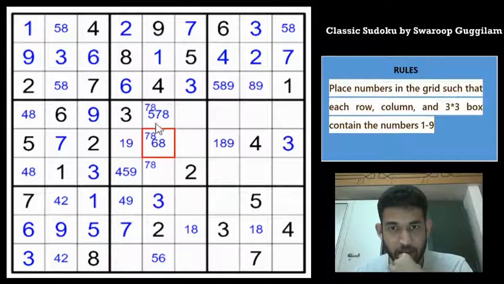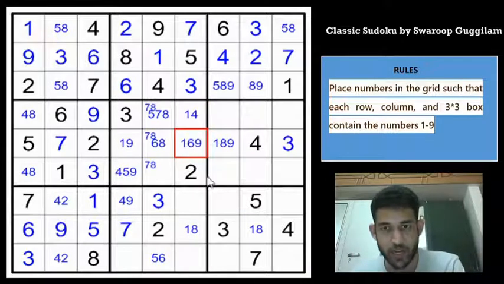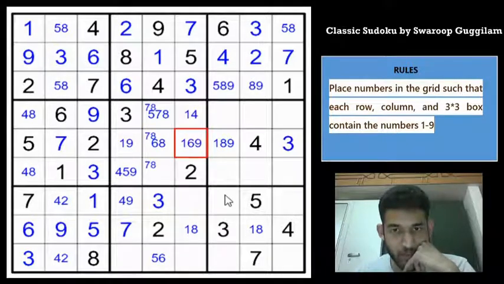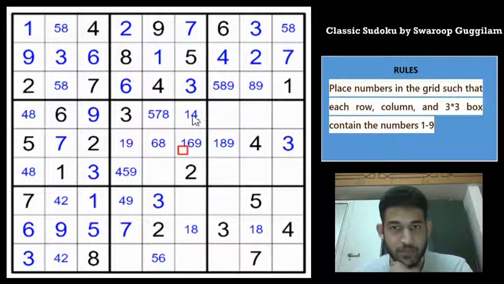Okay, let us try to make use of the box reduction, the pair that we marked. So these two cells can't be 2, 3, 7 or 8, right? It can only be, or it can't be a 5 also, so it can only be 1, 4, 6 and 9, right? So 6 and 9 is here, so this must be a 1 and 4, and this must be 1, 4, 6, 9, but 4 is here, so this is a 1, 6 or 9. Great. So I think we can remove the corner pencil mark now, because we have written the pencil marks, right? So it's not useful for us.